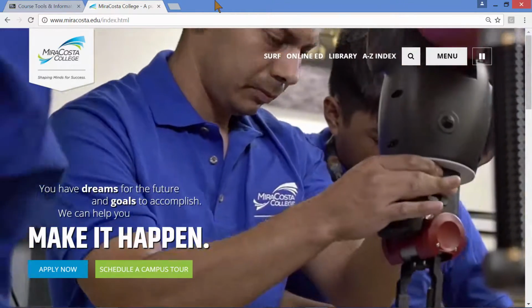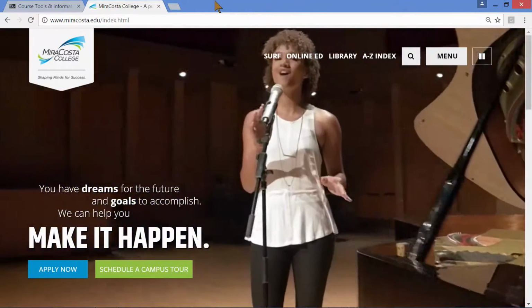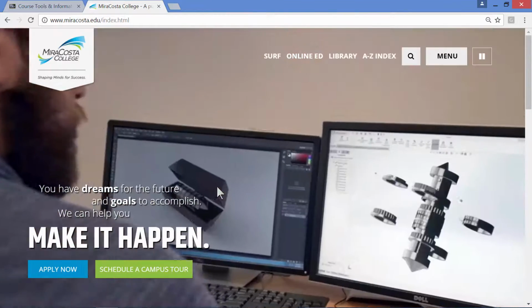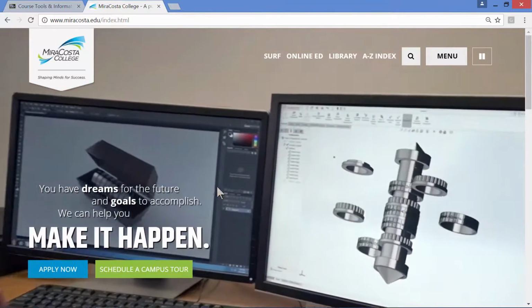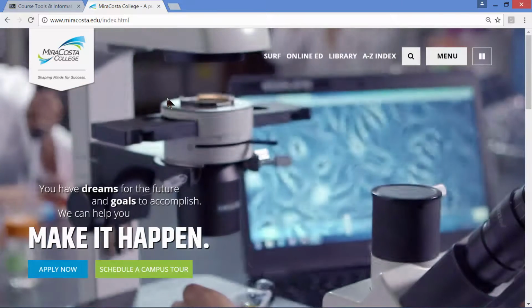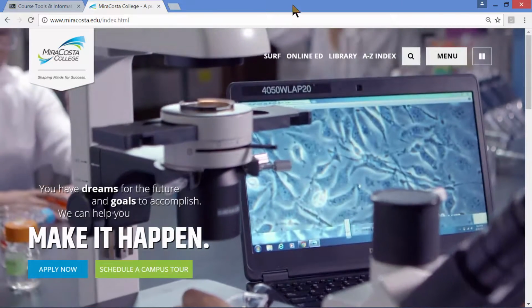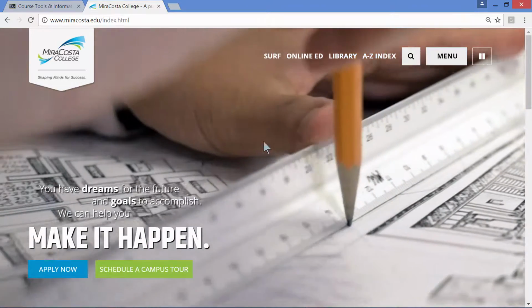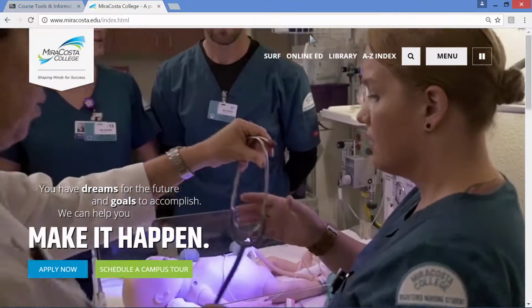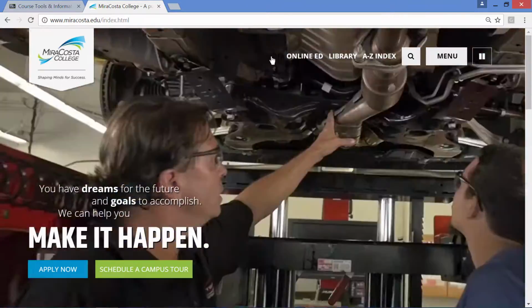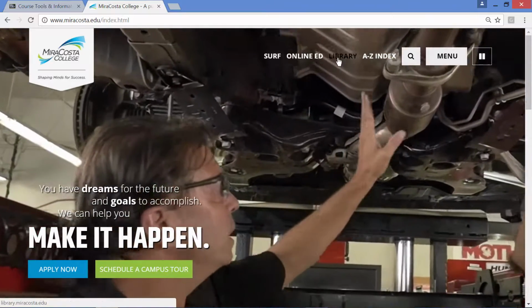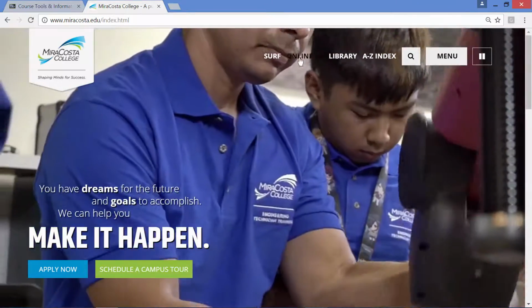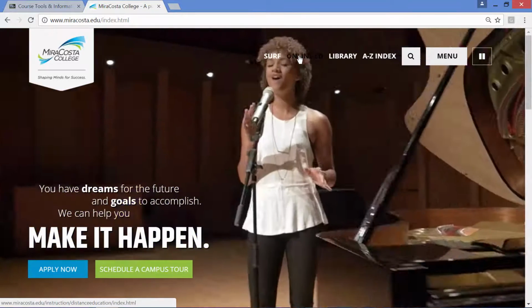When you start from the MiraCosta College website, this is the home page, and as you can see, it's an animated one, meaning that there's a video playing constantly, so there's constant movement going on the home page. So what you would do is you'd go up to the upper right hand area where these links are located: surf, online ed, library, and so on. You would click online ed, online education,